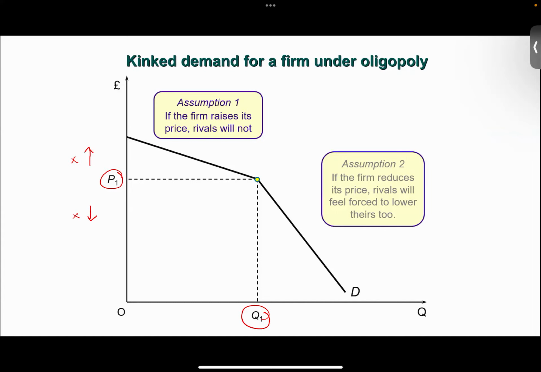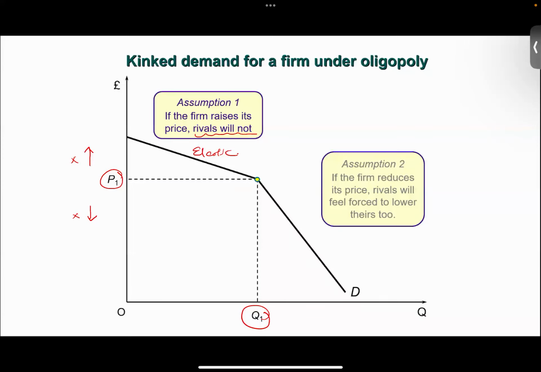Like what I mentioned just now, if you increase the prices, other firms will not follow. So you are the one losing the customers. Other firms definitely will not want to follow because they still want to gain their customers. So you increase your price, your problem, because at the end, people can go to other firms. So when you increase the prices, consumers will all go away to other competitors. That means a small percentage increase in price will result in a huge percentage fall in quantity demanded. So the first part over here is very elastic.